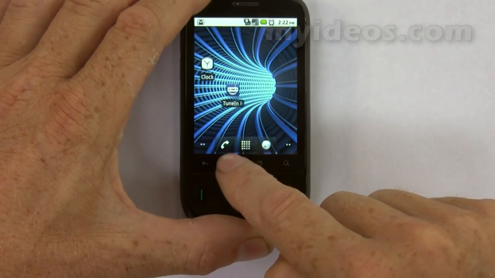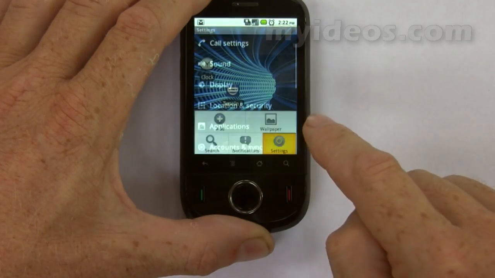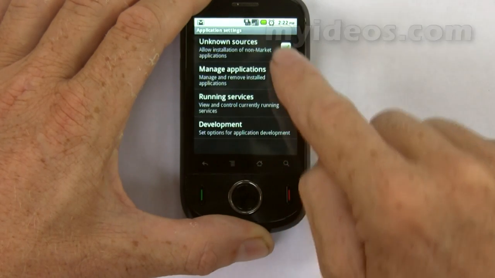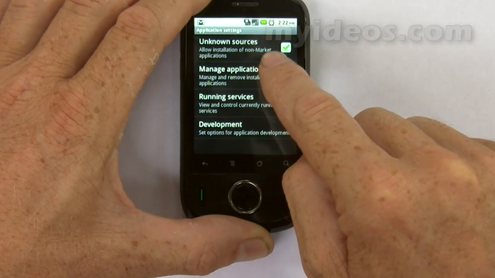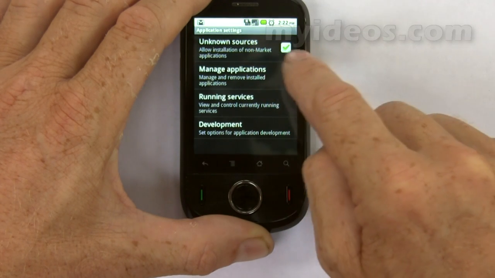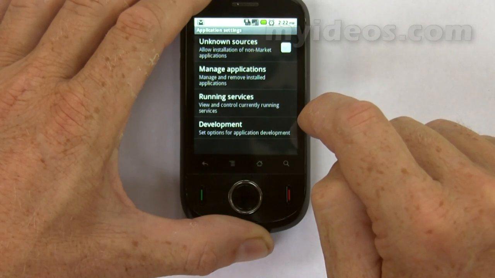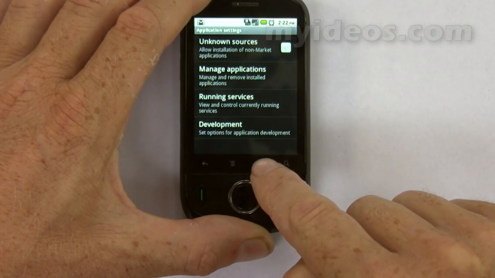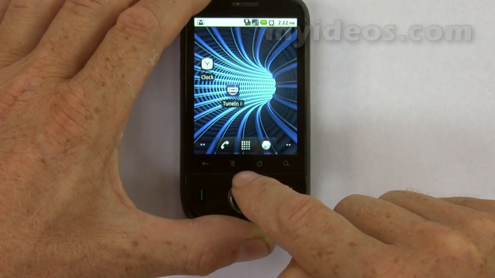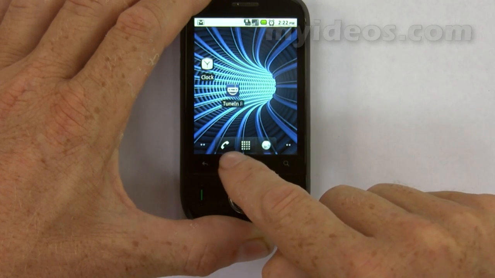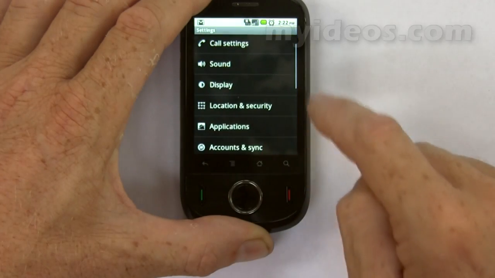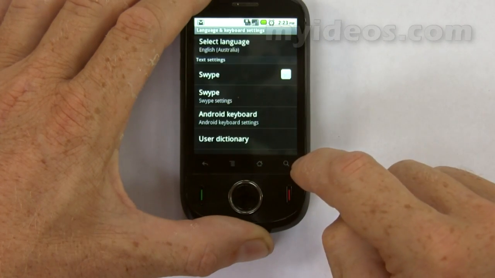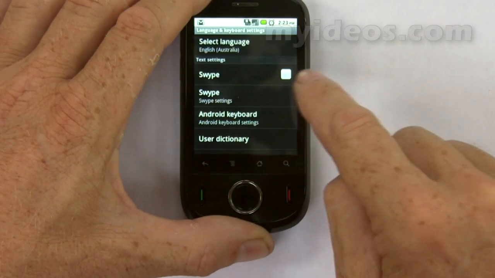Then we go back to the home screen, and from there we select menu, select settings, select applications. Now that that non-Android market application has been installed, we'll deselect that and just go back to the normal settings for adding applications. So now we'll go back to the home screen and we need to go in and set up the Swype. So we go to menu, go to settings, we go to language and keyboard,